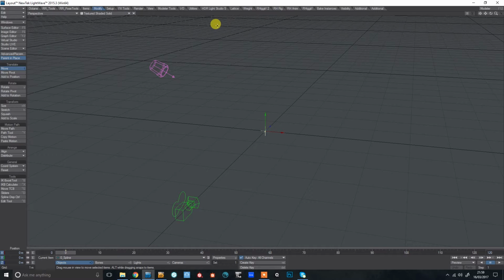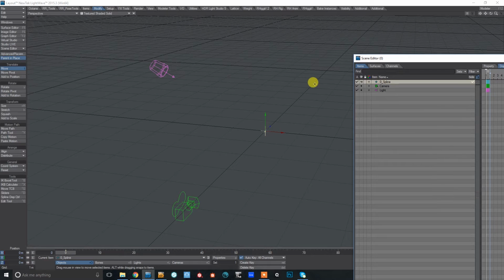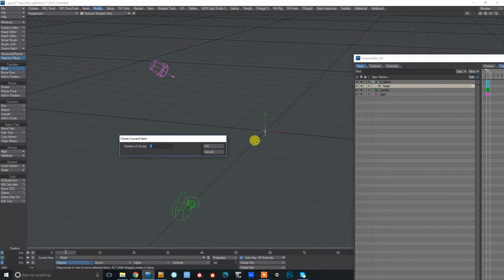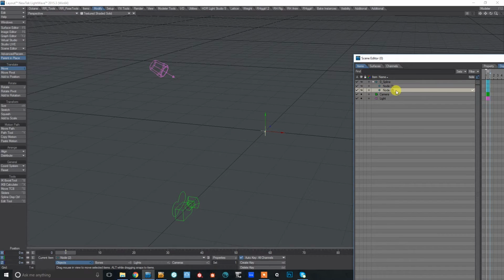So if we come on to Scene Editor, I'm just going to drag this into view. I am going to add another null and call that node. I'm just going to parent the node to the spline by dragging it under spline, and I'm just going to leave that where it is. So I'm now going to clone that item. And you can see here we've got node 2. I'm just going to move that out by about 20 meters,